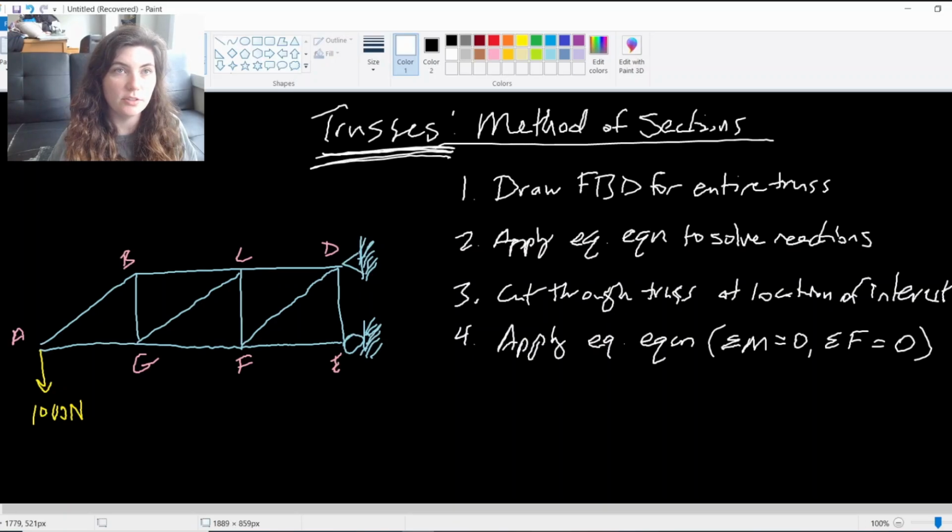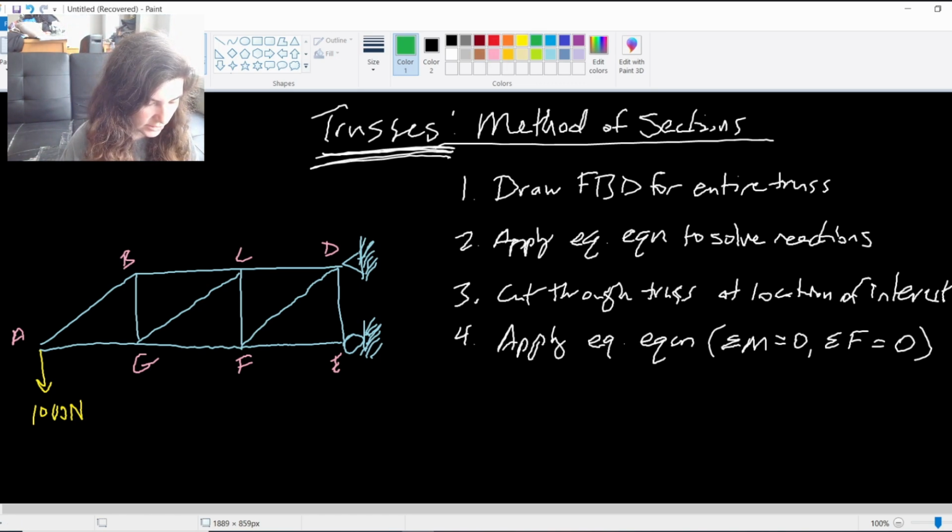So far, we've been solving trusses with something called method of joints, where we've been looking at every joint and applying our equilibrium equations to find the forces through every member. But we do have another method we can apply that is sometimes more useful in certain scenarios, and that is called method of sections. The idea with this is that now we're going to take this truss and split it apart. So we're going to break it down into these separate sections